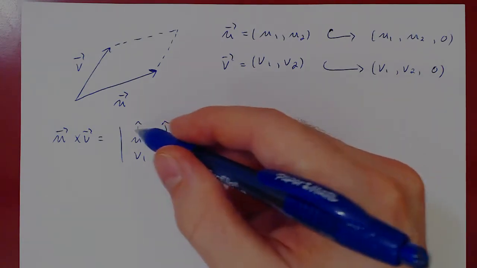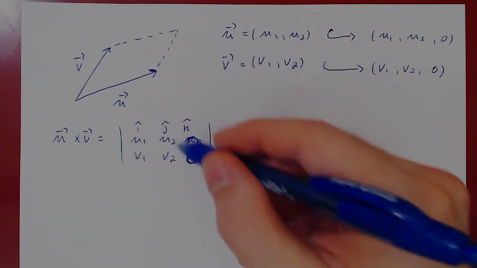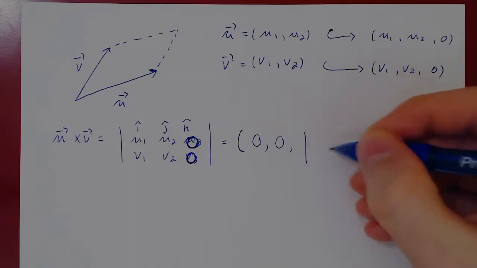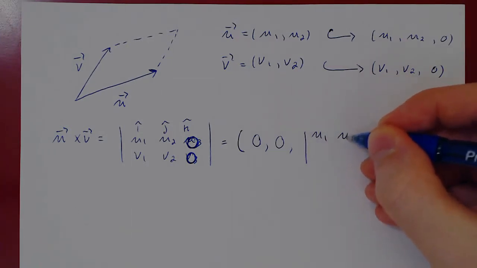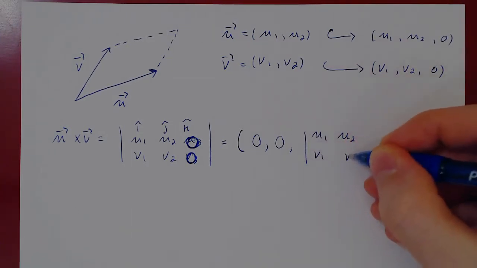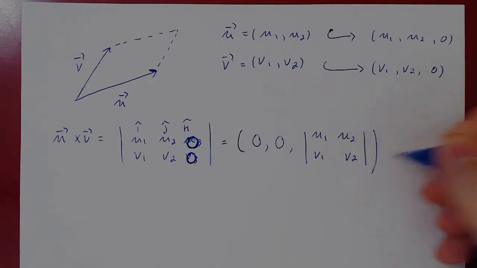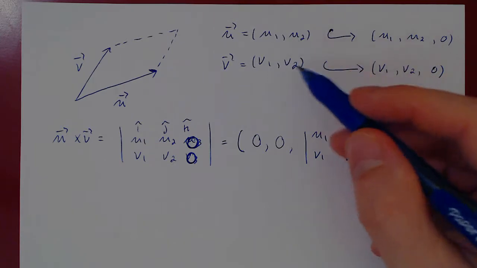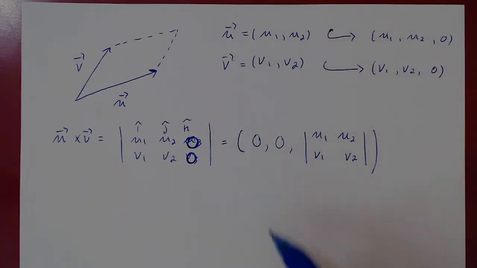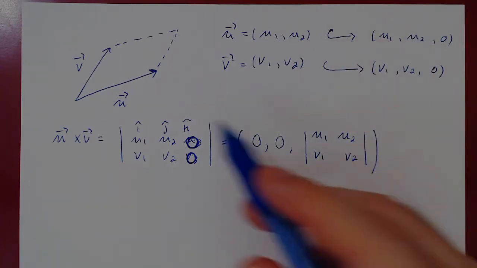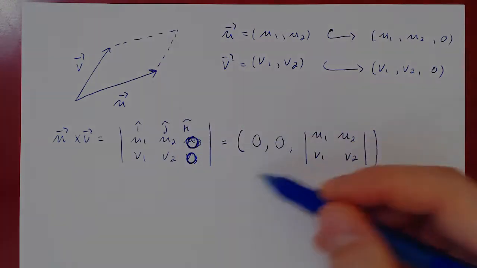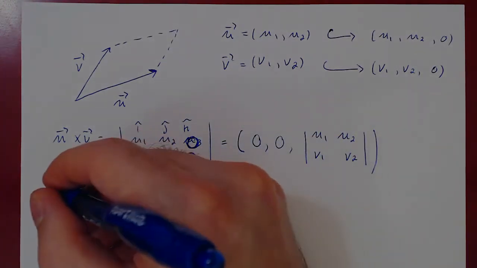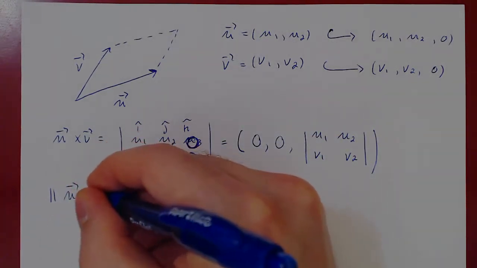And if you notice, we'll have the determinant of this matrix. And I will leave it in this form. So determinant of the matrix u1, u2, v1, v2. And that is the cross product between vectors u and v after we embed both vectors in R3. And now the area of our parallelogram we know is the norm of this vector. So the norm of u cross v,